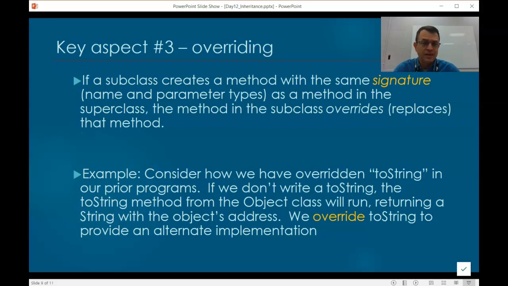If you recall, sometimes we forget to implement toString, and then when we print an object, we will just see the address of the object, and that's not terribly interesting most of the time. So the way that we fix this is we implement toString. So what we're actually doing is overriding the object class's definition of toString with our own alternate implementation that provides